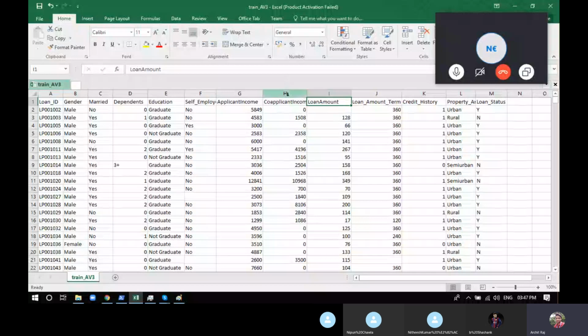You can just club it in between. Like you can see the applicant income here. Club it in between. You can make different columns, from 5,000 to 8,000, 8,000 to 10,000, 10,000 to 12,000. You'll get three different columns. Then you can use it on decision trees, because dropping all the columns will not be helpful, because the loan status is depending upon the applicant income and the co-applicant income. It's directly dependent. It's not a really low correlation, it's a high correlation. So instead of dropping this, better to make clusters of them.